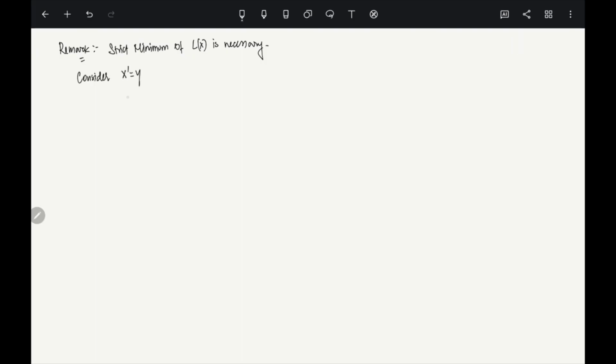x prime equals y, y prime equals minus x. This system, clearly the origin is an equilibrium point. It's the only equilibrium point. 0 0 is the only equilibrium point. Now you see, L of x y, if you define it as y square,